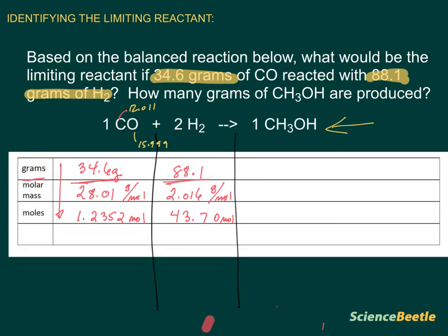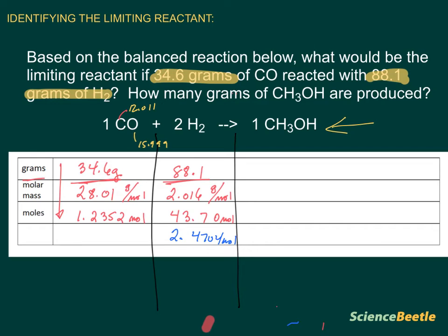We are going to take this number here, multiply it times 2, divide it by the 1, and that will give us the number in this category here. And so let's go ahead and do that. So we'll take the 1.2352 times 2 divided by the 1, and it winds up giving me a number of 2.4704. And these are the number of moles of hydrogen gas needed if I begin with 1.2352 moles of carbon